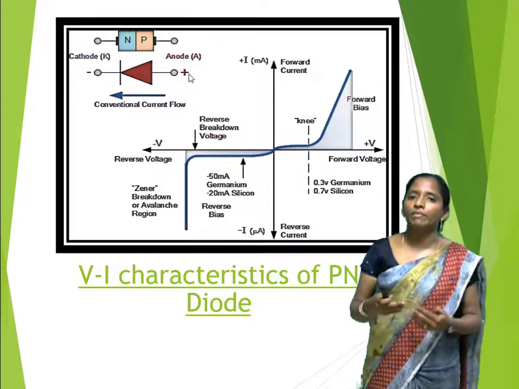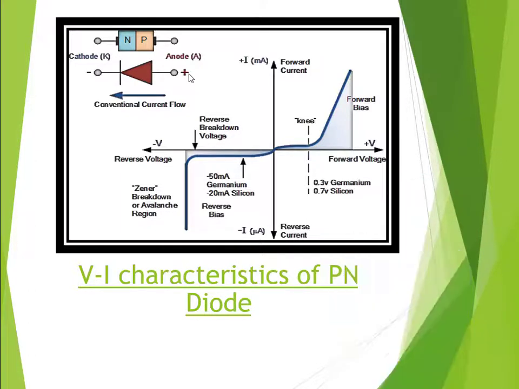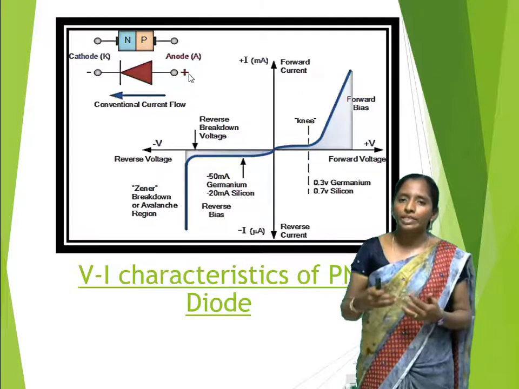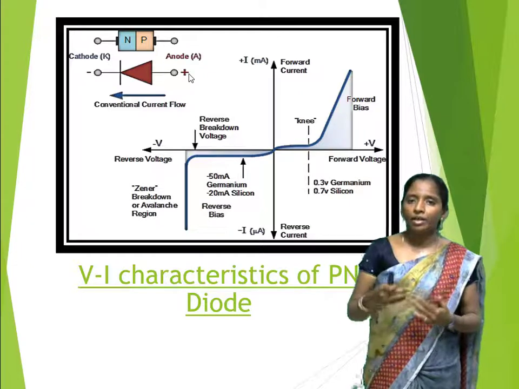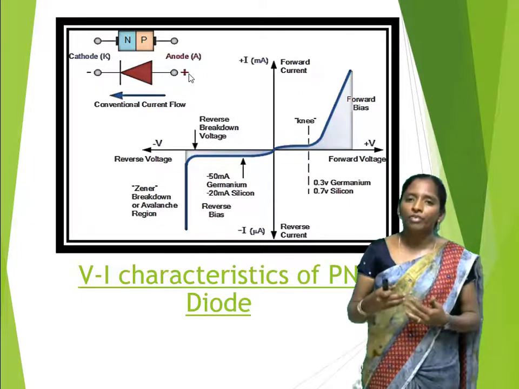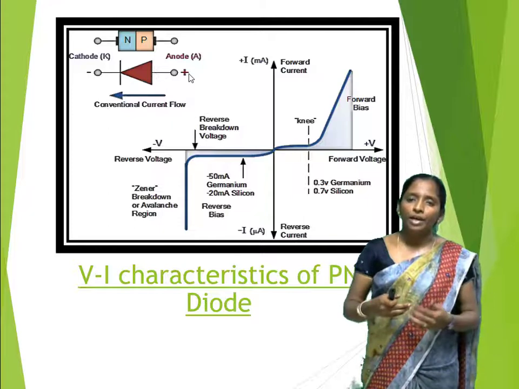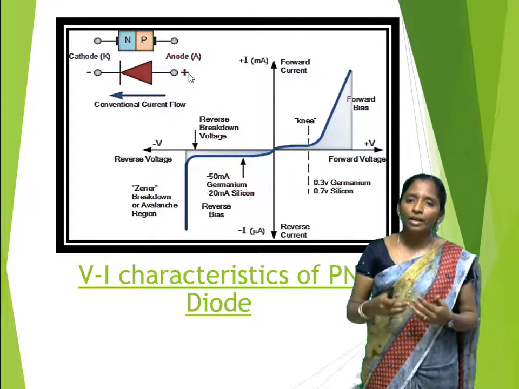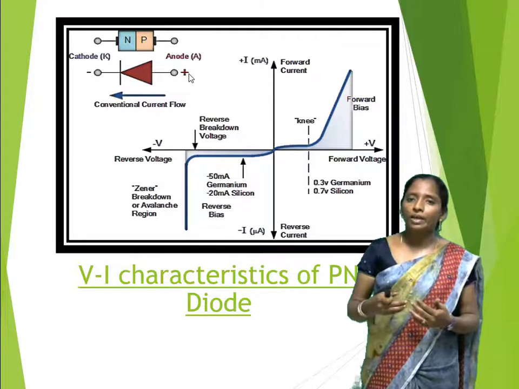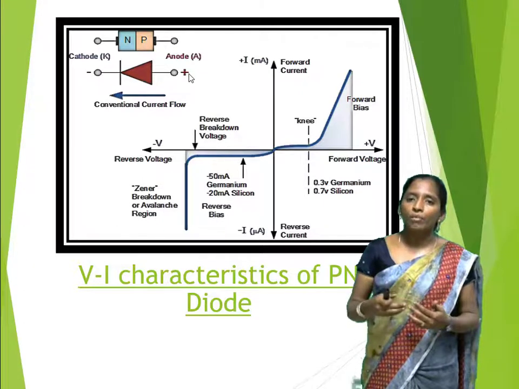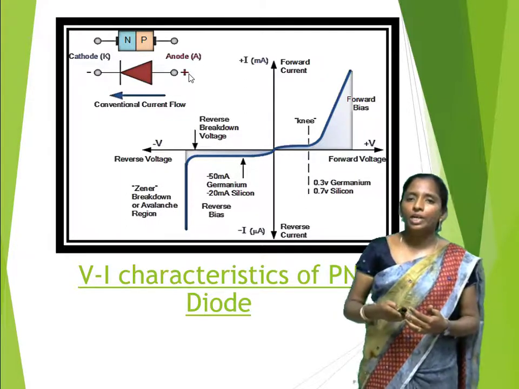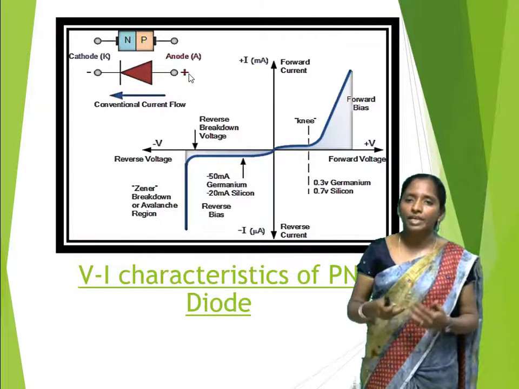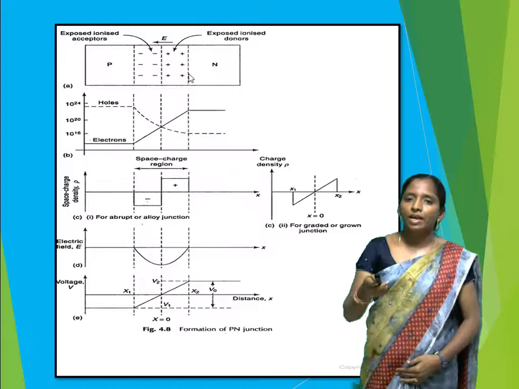If you increase the reverse voltage, the reverse saturation current also increases. That means it increases with the temperature. After reaching a certain point, the diode goes into the breakdown region. If the diode goes into the breakdown region, the diode will get damaged. So the PN junction diode is not used in the reverse bias condition; in most applications, it is used in forward bias only. In reverse bias, the PN junction diode offers high resistance, so current is minimum. This is the V-I characteristics diagram of the PN junction diode.